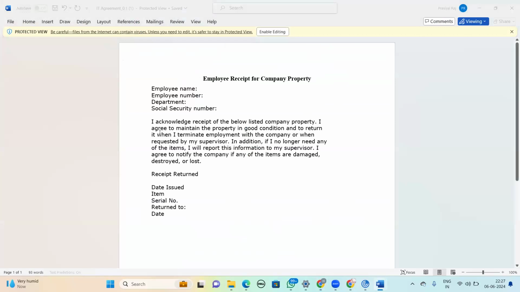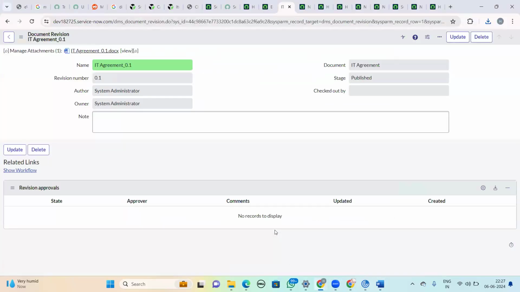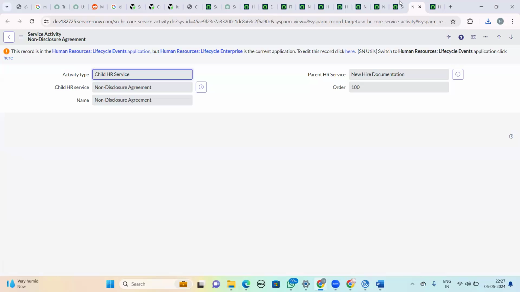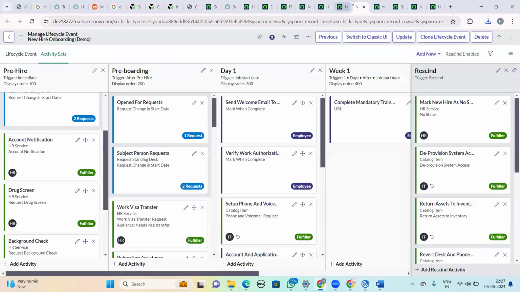This is the employee receipt of company properties. For them, they just have this particular agreement to be filled by them. So the same agreement will also be working over here for the IT agreement. So once I open the task,